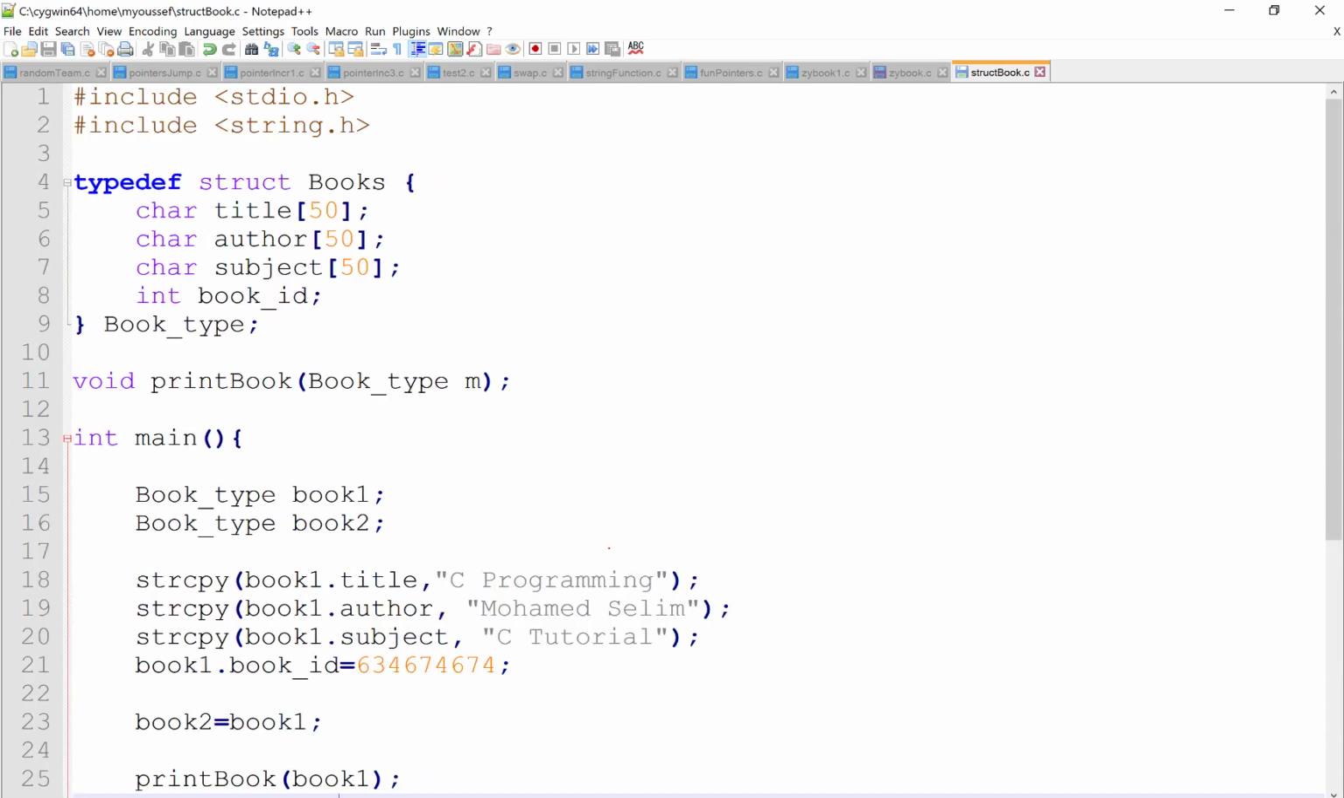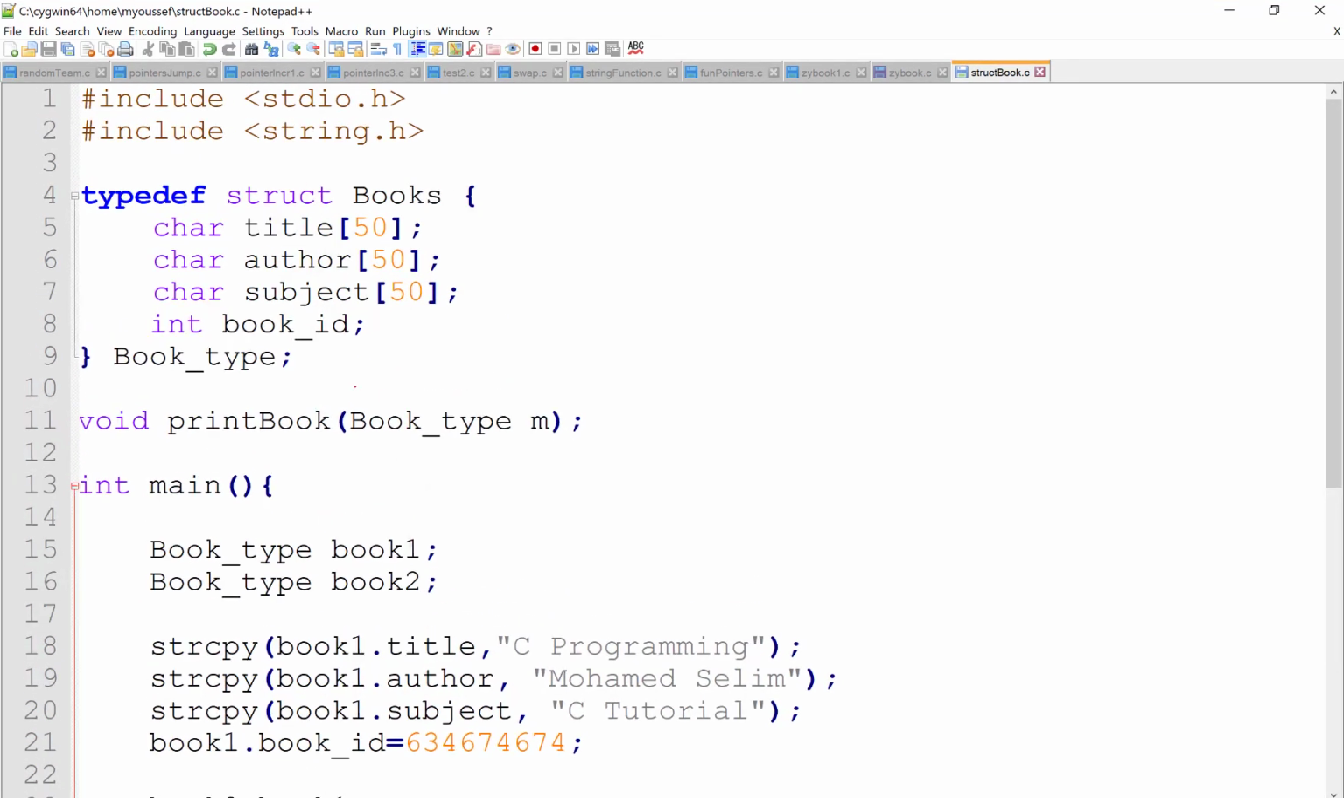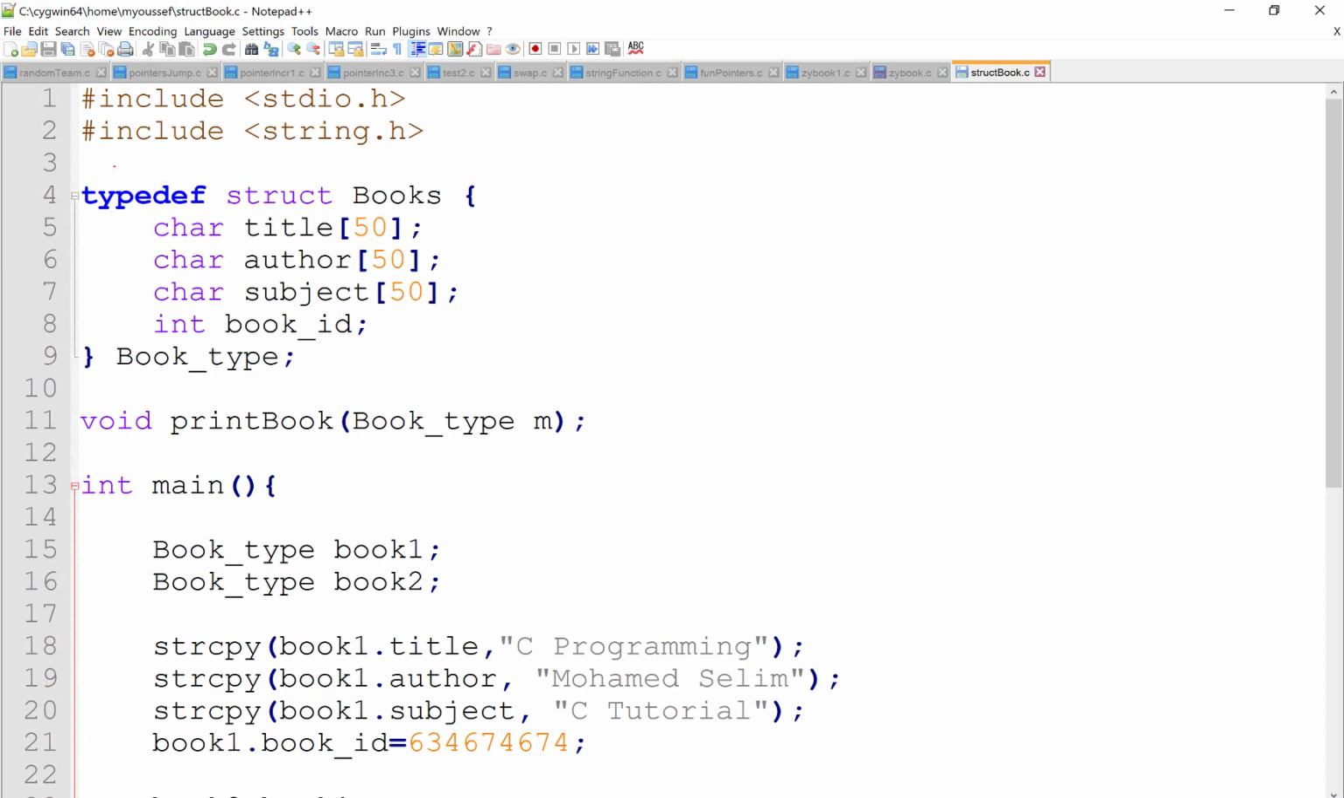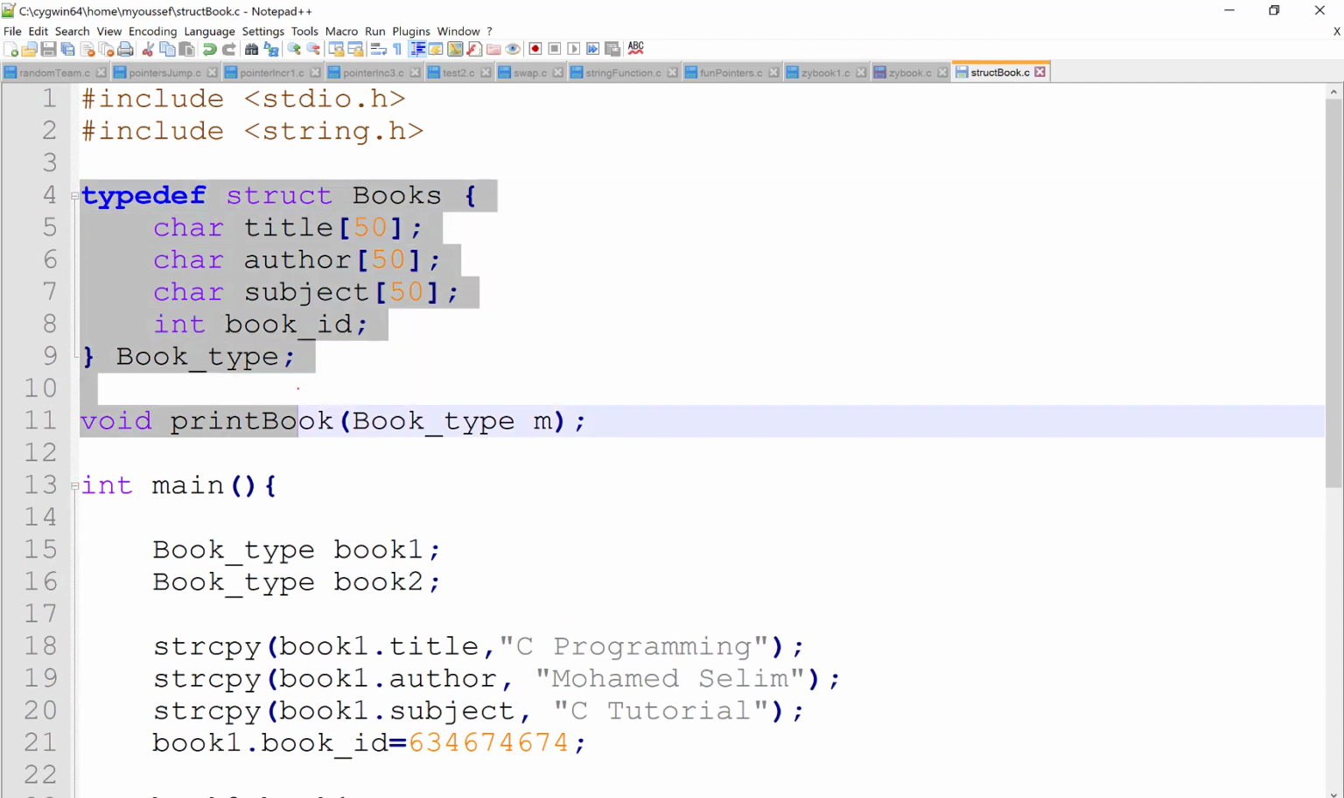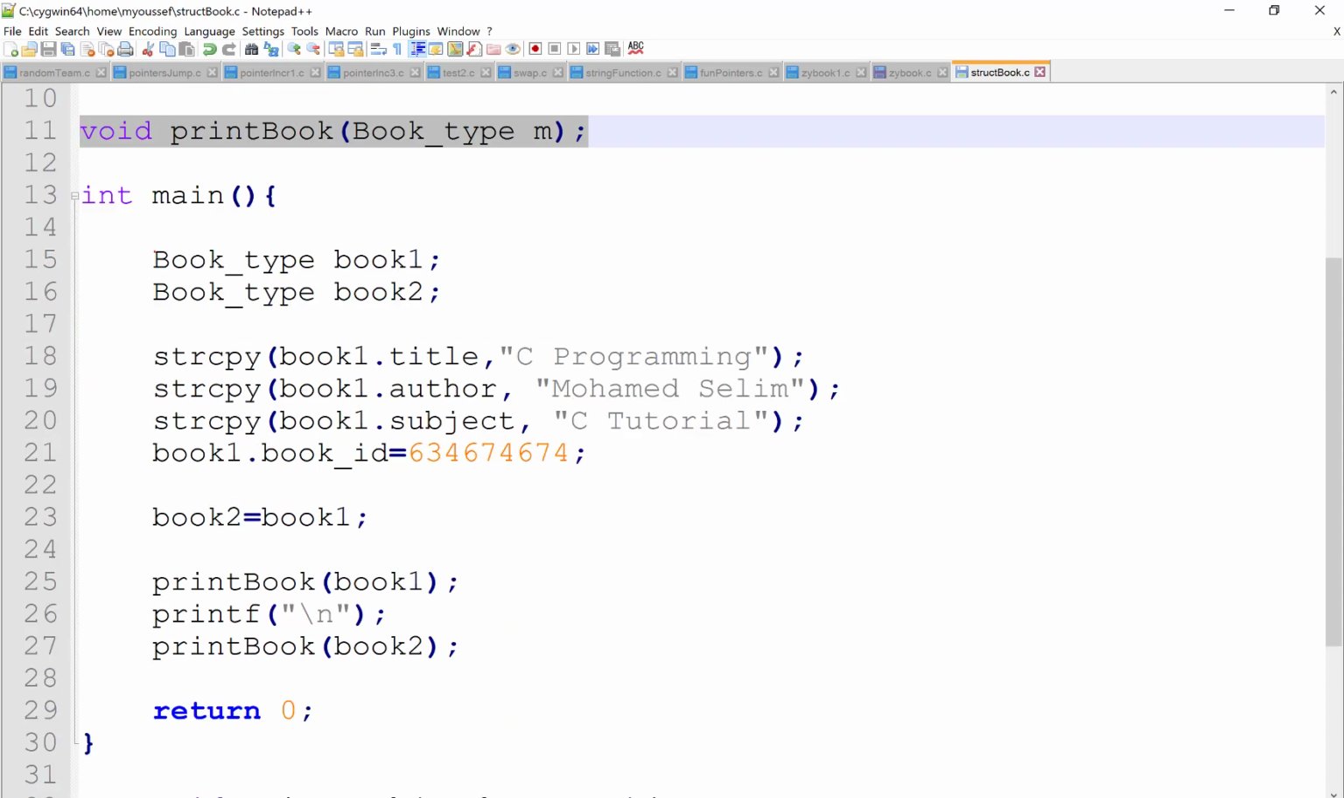I'm not writing it. So if you look here, I started with typedef, right? And having the new type now, which is called book type. So every time you want to have a struct variable based on these members, you will just use book type and then the name of the variable, right? And then here, I'm going to have my customized print function, right? So here I have print book, and then book type m, and then in the main function I'm having here